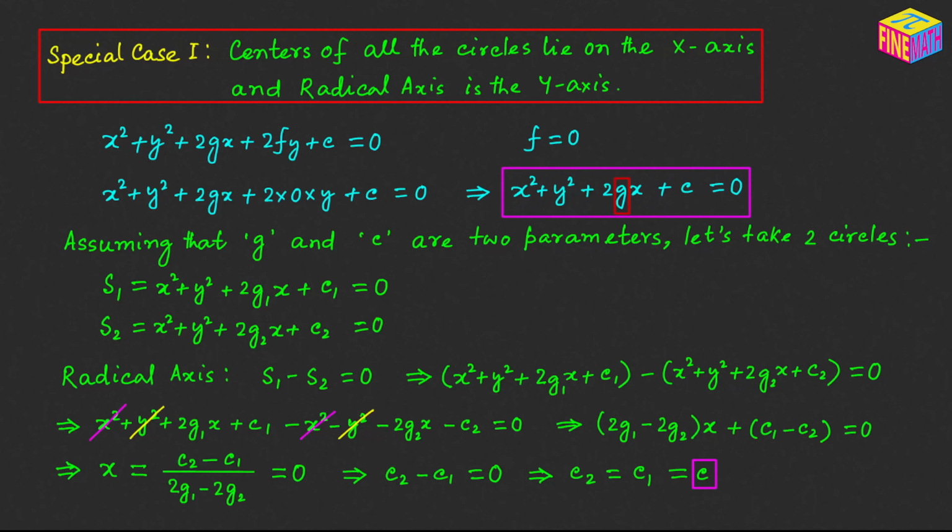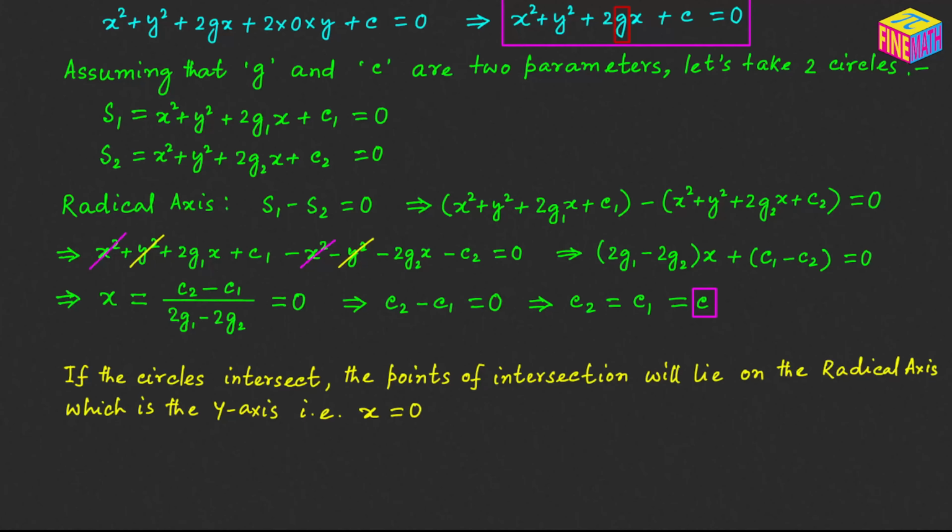And that is the general equation of the system of these coaxial circles. Next, we are going to do a little more analysis on this general equation. If the circles intersect, the points of intersection will lie on the radical axis. As you have seen in the very first example, the first diagram, there we saw that the points of intersection